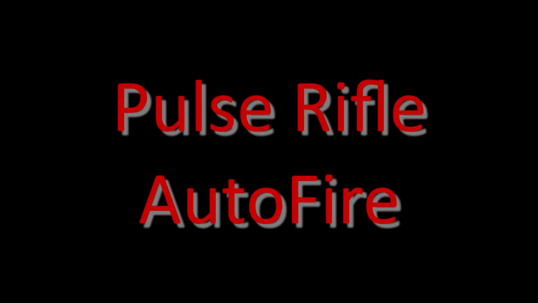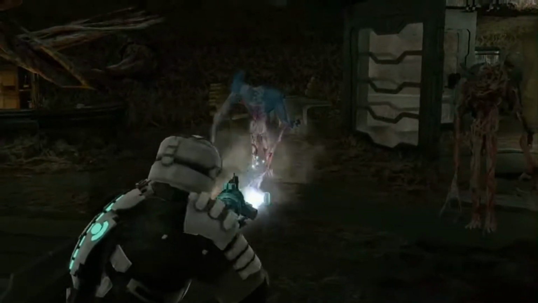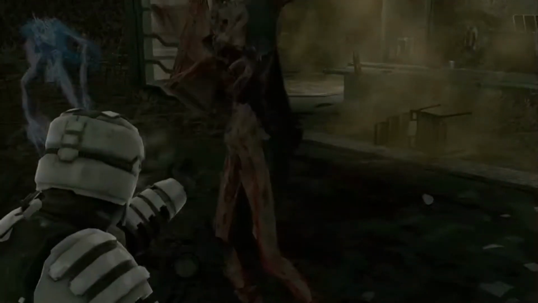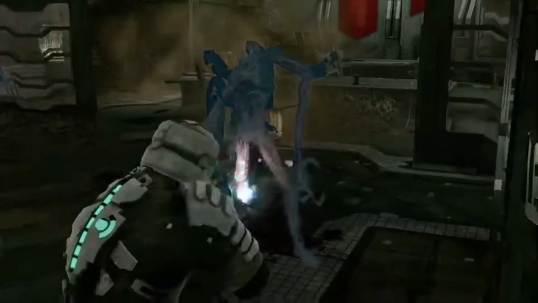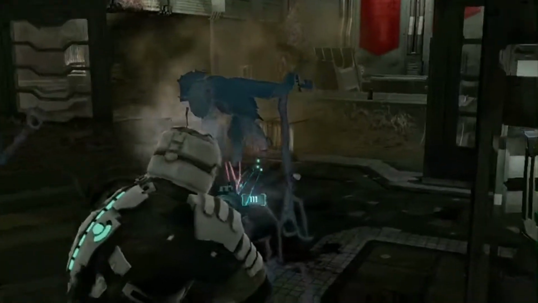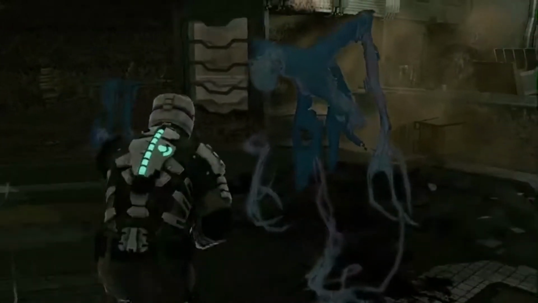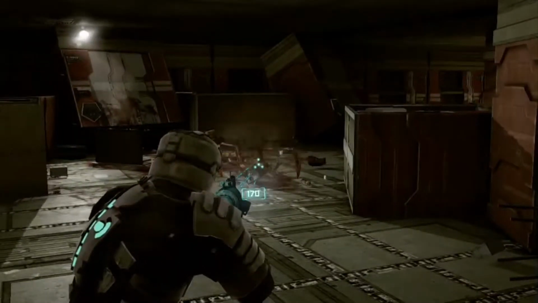Up next is the often underrated and underappreciated pulse rifle and the auto-fire achievement. This is basically an assault rifle, so most players of the survival horror game genre, and Dead Space in particular, don't tend to care for it because it doesn't feel very survival horror-y when you can have an assault rifle in your inventory. But this gun, when you upgrade the damage and the capacity and the rate of fire, can